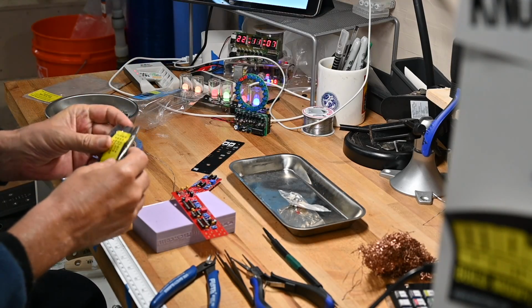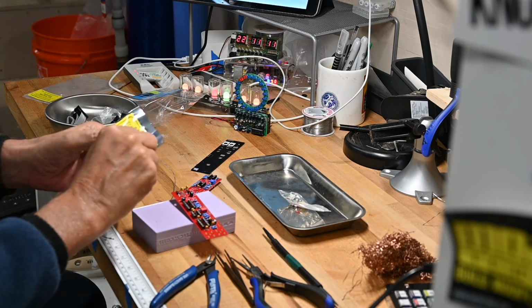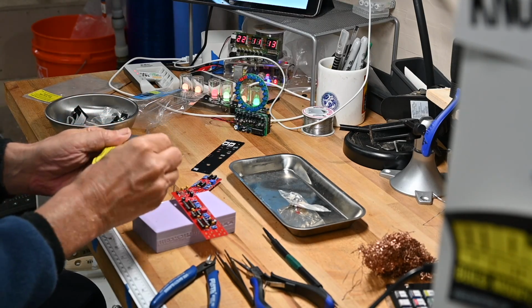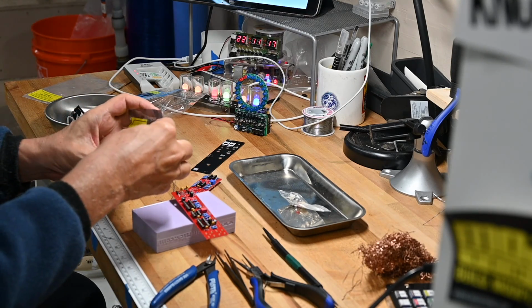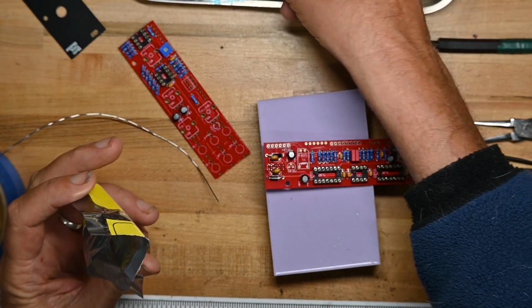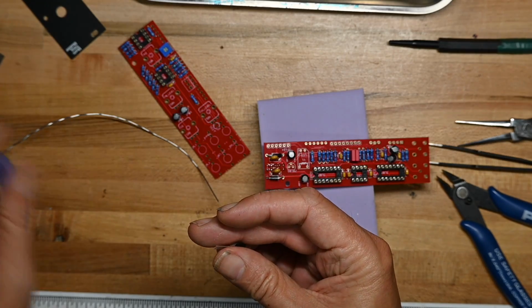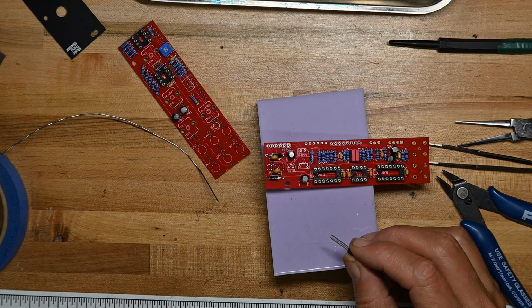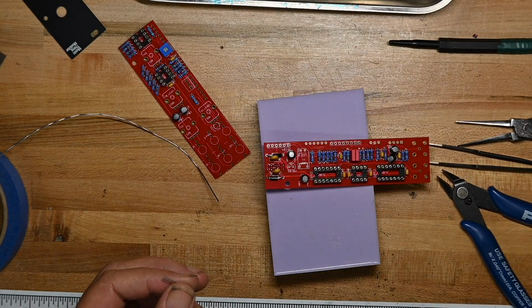Now we're going to dive into the static sensitive bag. And besides the ICs, there is a little voltage regulator. One thing I didn't point out that I found interesting with this kit